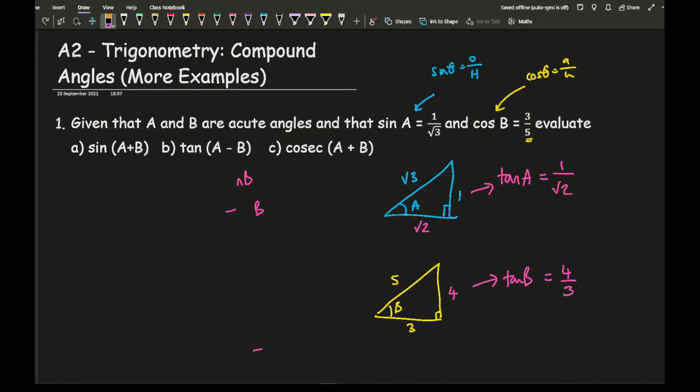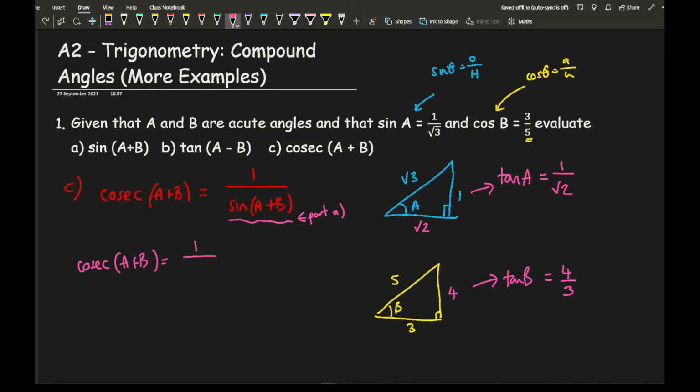Now, in terms of part C, you might think to yourself, how can I use these triangles to get cosec? The good thing is recognizing that cosec (A plus B) is the same as 1 over sine (A plus B). We've already found sine (A plus B) in part A. So if I go back to that,